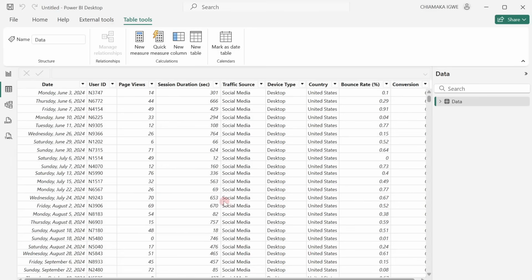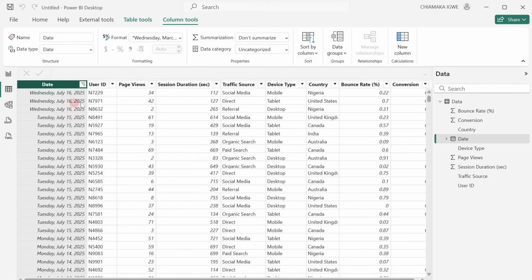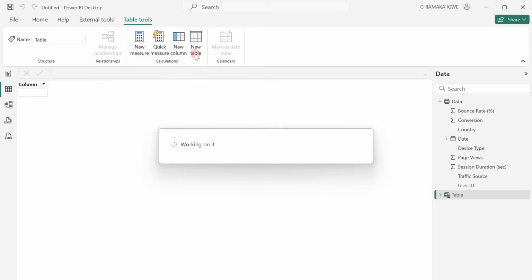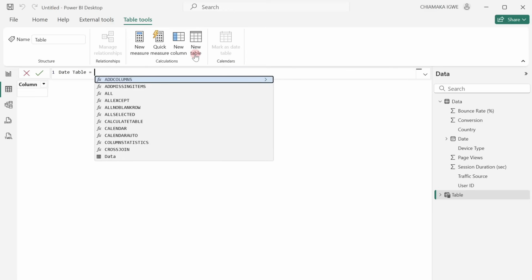So the next thing I'm going to do is to quickly create a simple date table. So I'm going to look at our data, the minimum date, which is 1st of June 2024, and the maximum date, which is 16th of July 2025. As at the time of recording this video, today's date is 17th of July 2025. So I'm going to create a new table, go to table, new table, date table, which is equal to, I'm going to use the calendar function,